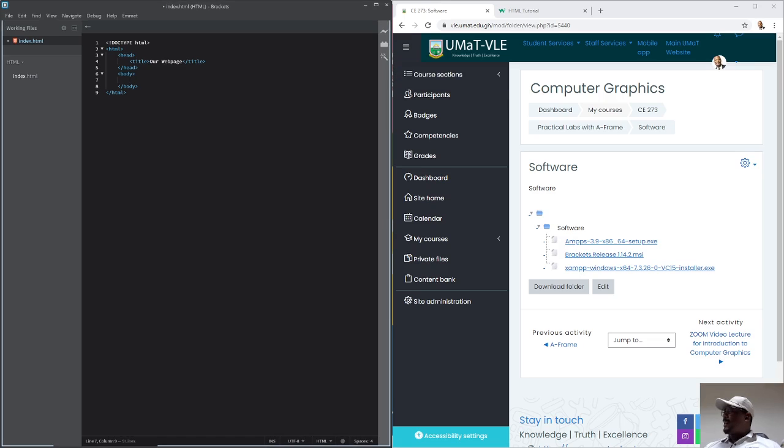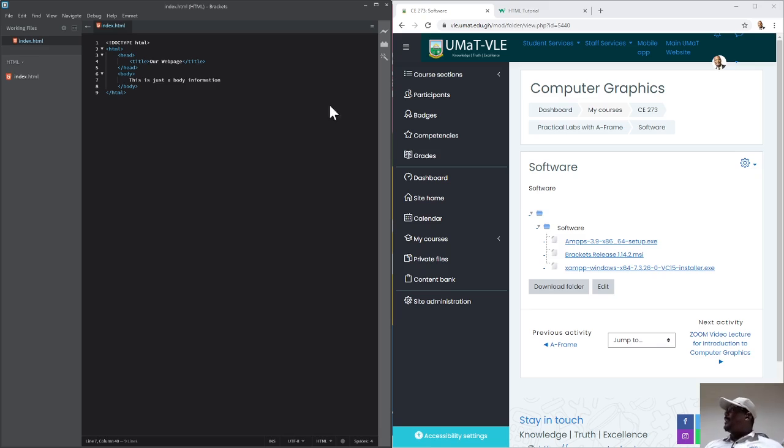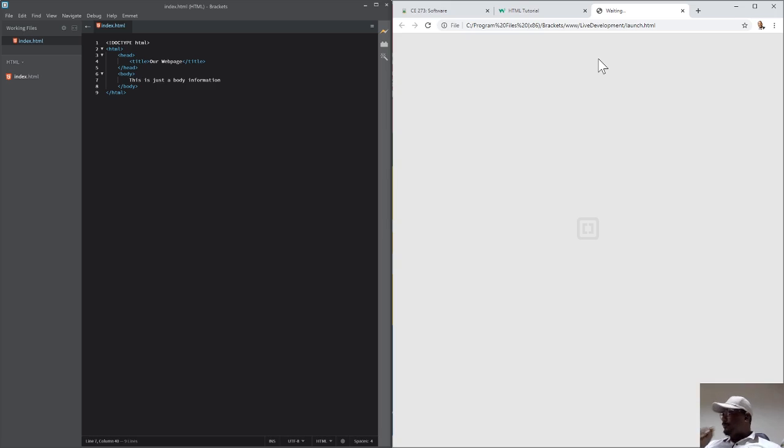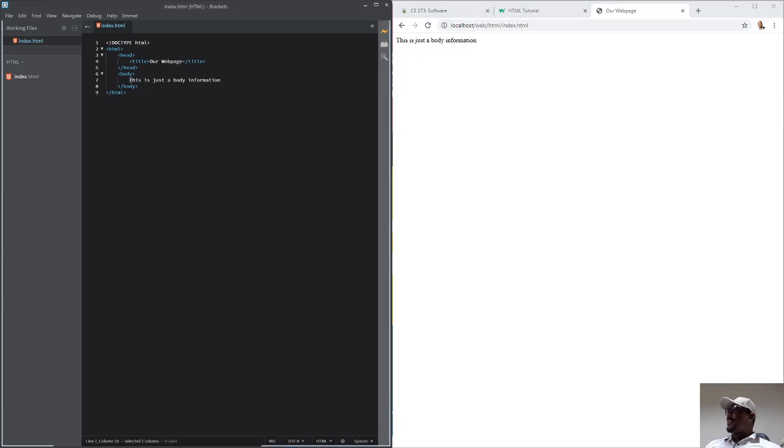Let me just type in here, maybe this is just a body information. Now once I'm done, I'm going to save this, and I'll click on the live preview to display the information that I have in here. You can see this is just a body information. That is the only thing that is found within the